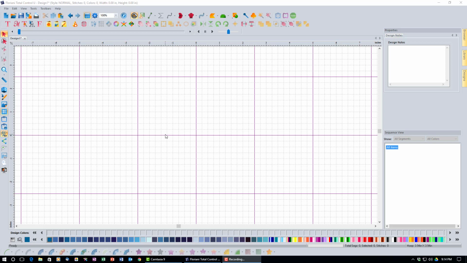So again, to review, those are the three different types of fonts. We have the built-in embroidery fonts that come with the software. We have TrueType fonts. Those are the Windows fonts. And then we have the embroidery files that look like fonts that you can bring in, import into the software, and basically turn into something very similar to a built-in font